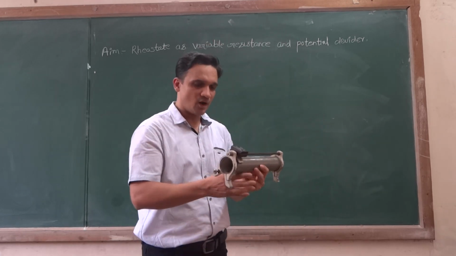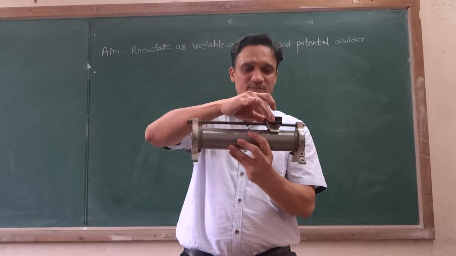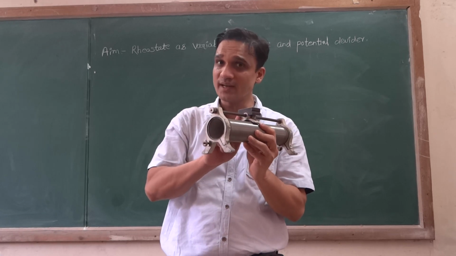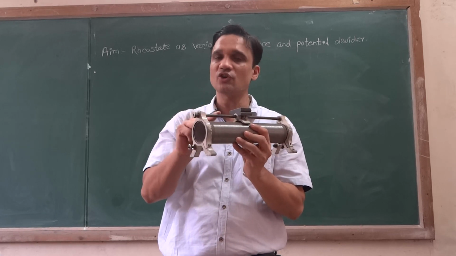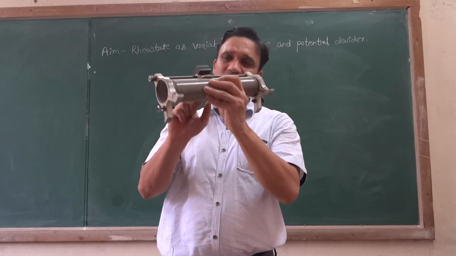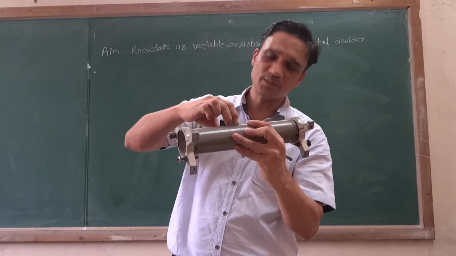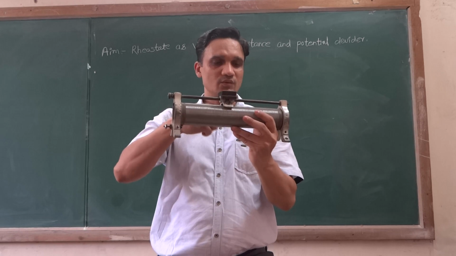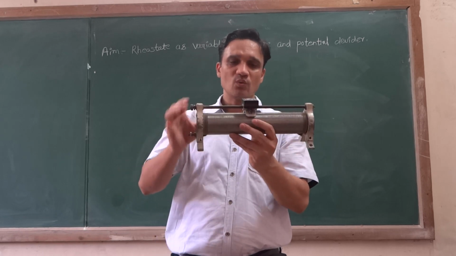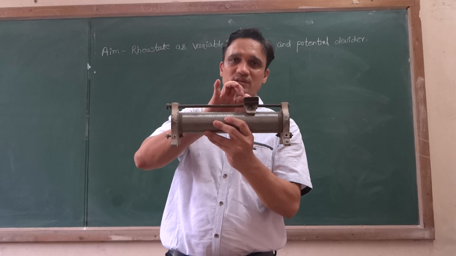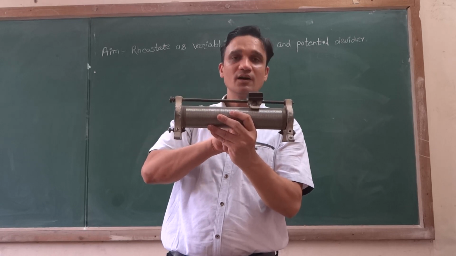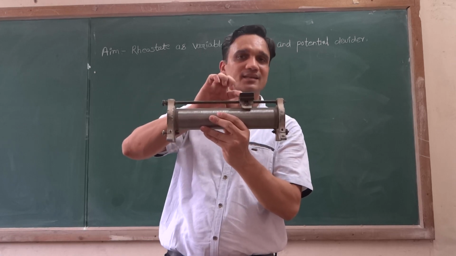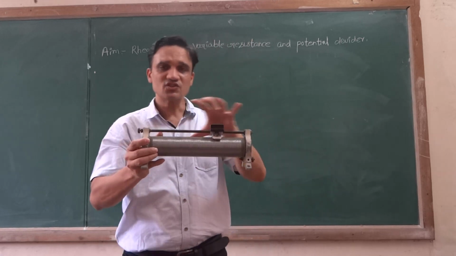Now, there is a sliding portion provided on the top of this. The sliding block is in contact with the copper rod, and there are carbon-coated copper strips provided here, which are in contact with the winding of the wires. Where you place it, at this portion, this is in contact with the winding, and this rod and this portion are in electrical contact. So this is the construction of the rheostat.